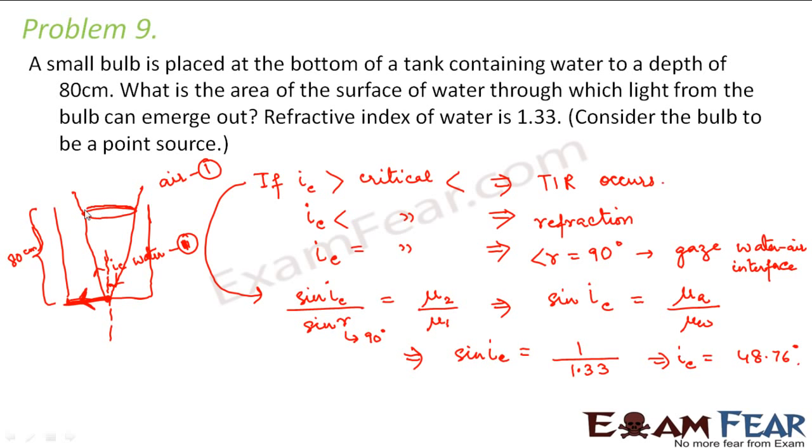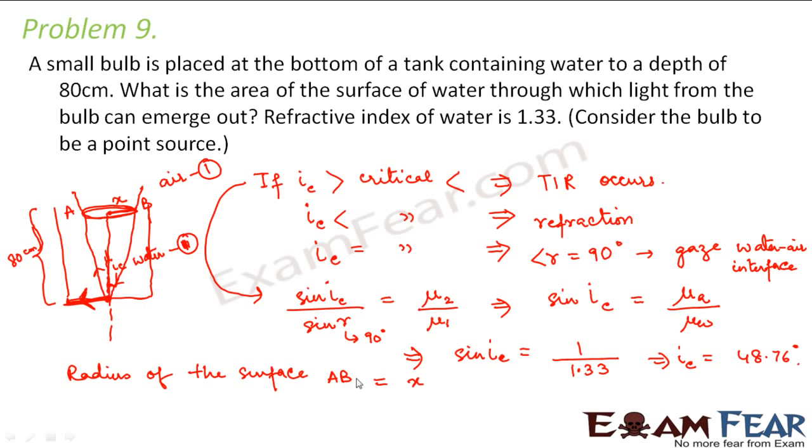Now we have to calculate the area of this surface. So what would be the radius of the surface? Let us name this surface as AB. Now the radius of the surface AB will be equal to this radius. Now if you want to calculate this value, let us call this x. Radius of the surface is x. So we want to evaluate x.